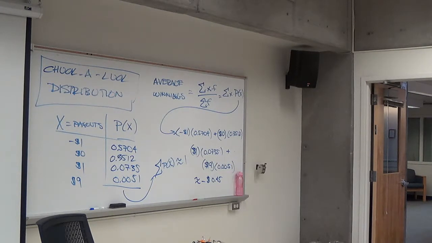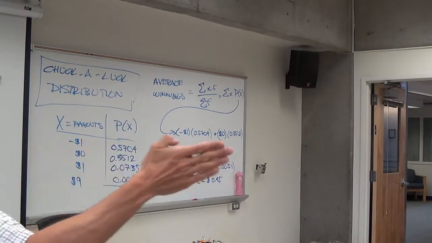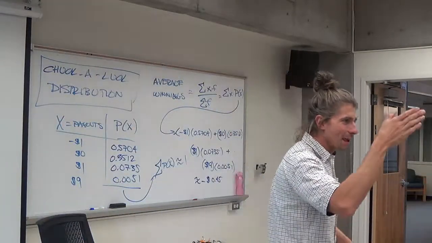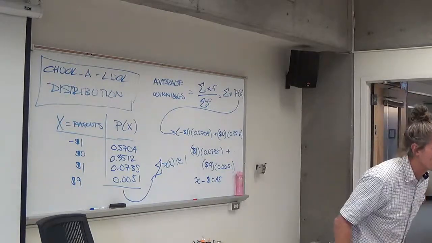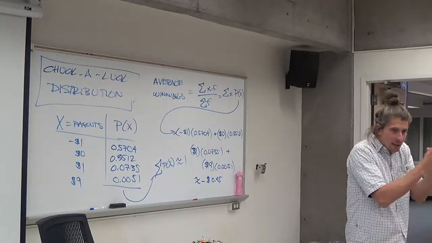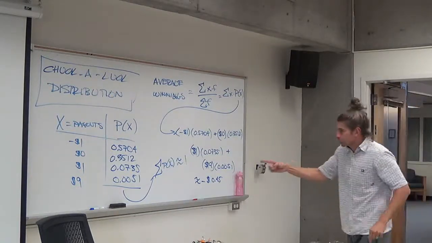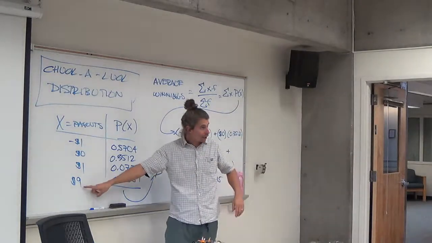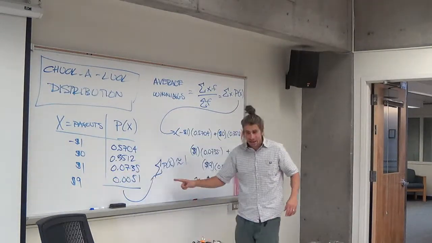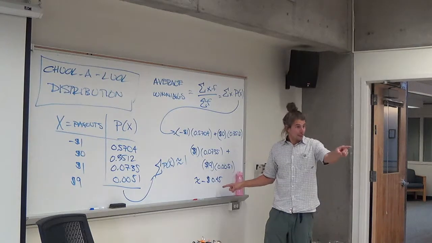So what Eric is asking is, why 10-to-1 payouts on the big one? I mean, they could make you win $50 and they'd still be making money, so why 10? You've got a career path right for you, brother. You go to Vegas, you set the probabilities with the payouts. He's run the numbers on this distribution, and he messed with this number until the average came out to be what? 0.